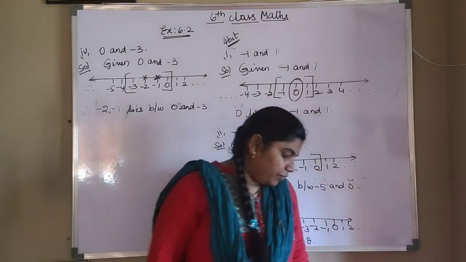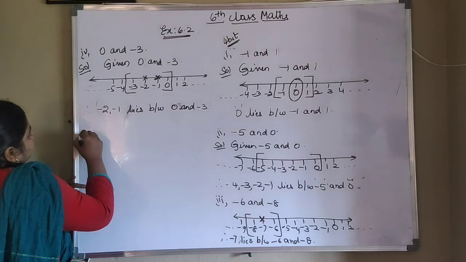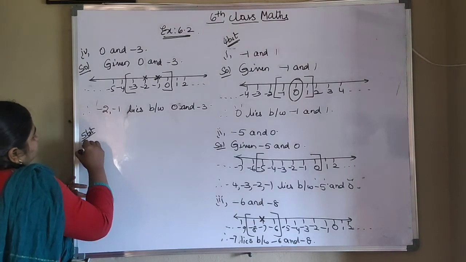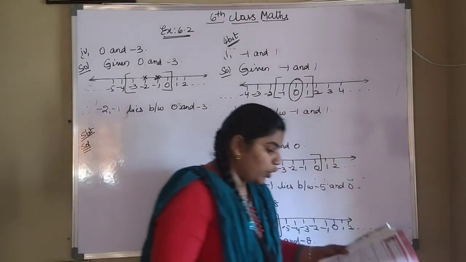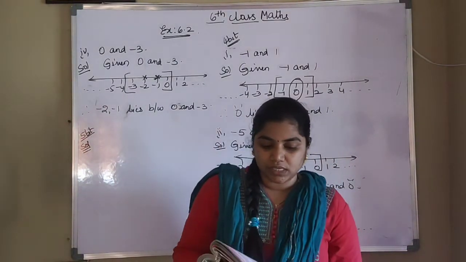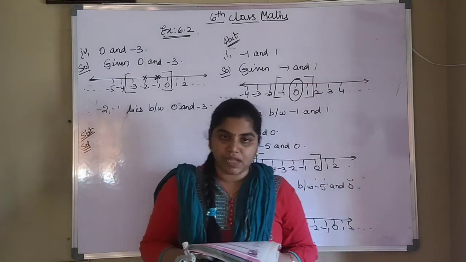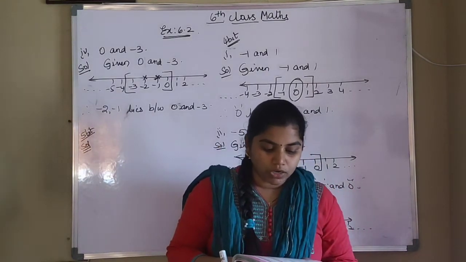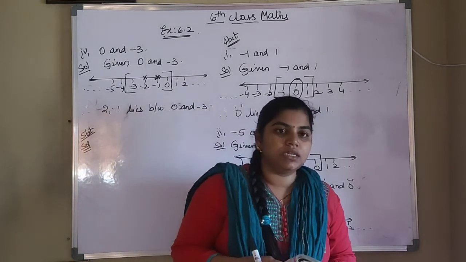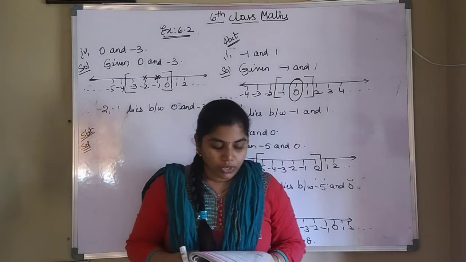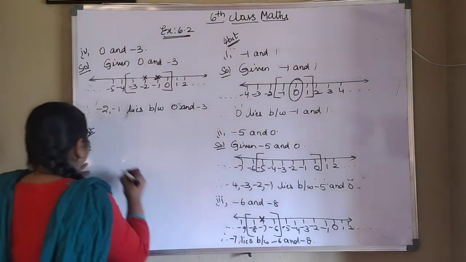Okay. So next, fifth one. Fifth bit solution. The temperature recorded in Shimla is minus 4 degrees Celsius and Kufri is minus 6 degrees Celsius on the same day. Which place is colder on the day and by how much? Okay, so we have to write the reason also why it is cold. So here, the temperature recorded in Shimla. So what we will write here?